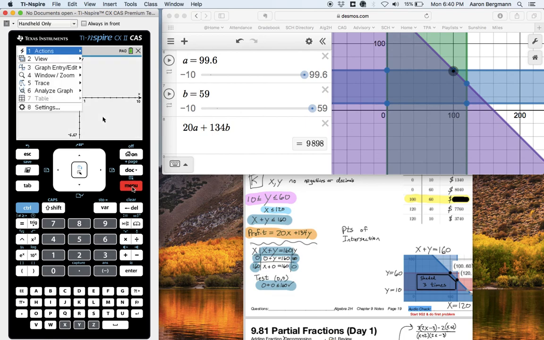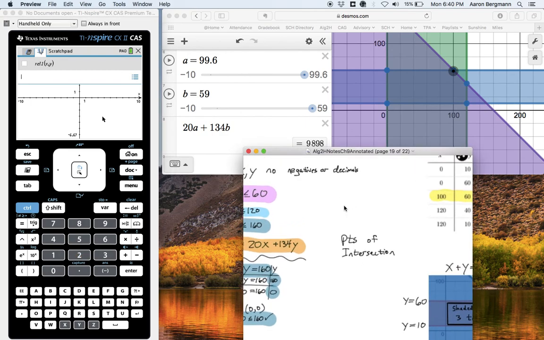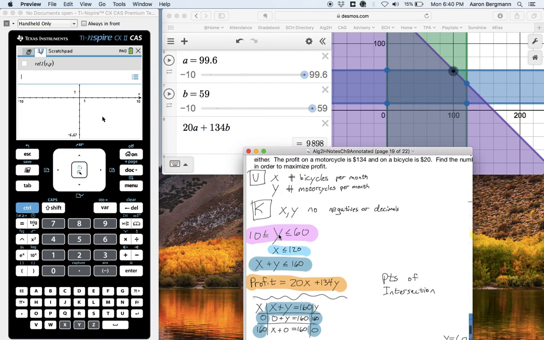Let's type in a relation. Menu, then 3, then 2, relation. Now, I kind of wish I could type in 10 is less than or equal to y is less than or equal to 60, but I can't type more than one inequality symbol. So I'm just going to go y,